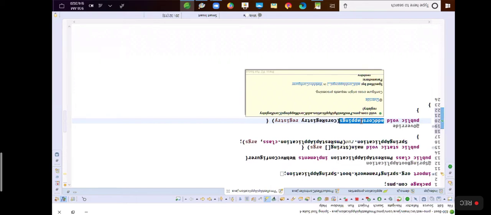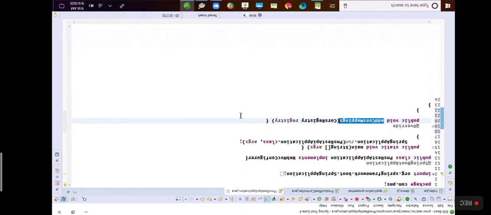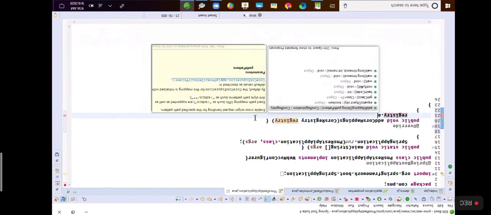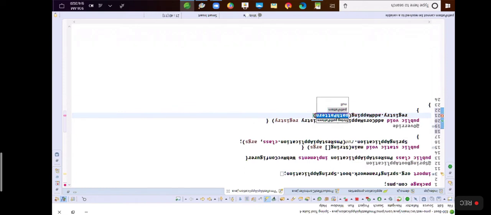So registry.addMapping, and the pattern I'm writing is simply /**. Asterisk means anything, all the endpoints.